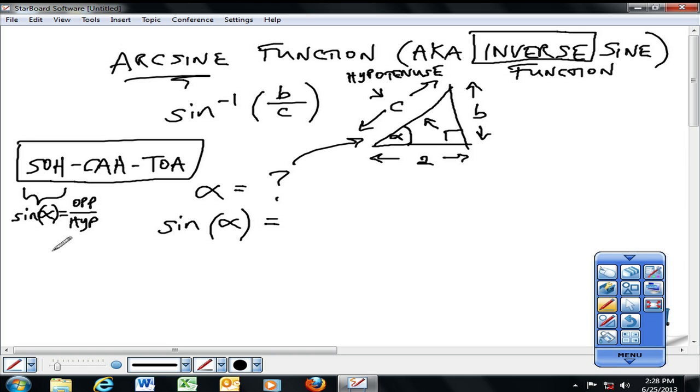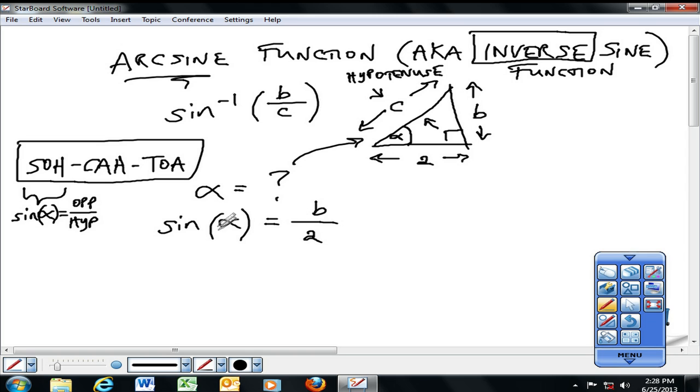This is a little blast from the past, review of Chapter 22. So if we were to write the sine of alpha, it would be the opposite side, which for our example happens to be B. Nothing magic about this letter, it simply denotes the length of the side opposite your alpha, divided by A, which is, of course,